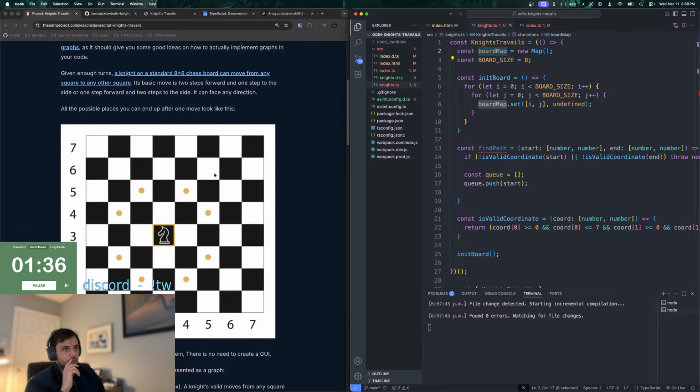And then once the entire grid is filled, we are done. And then basically what we can do is we can reconstruct the path by filling in the grid, and then we can use the back pointers from this board map to reconstruct the path backwards by following previous